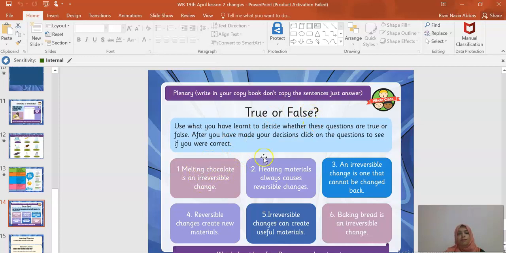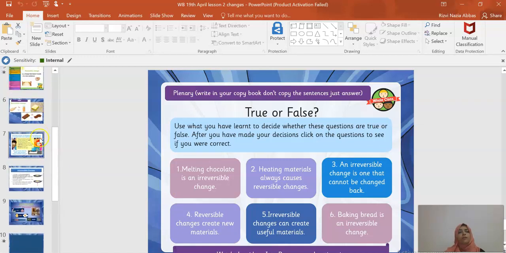Just write true or false: number one, true or false, number two, true or false. Do this first. In your slideshow, if you click on each of them, it will show you whether you are right or wrong. So check your answers after you are done. Okay, that's it for today.